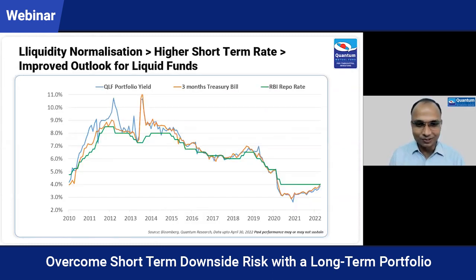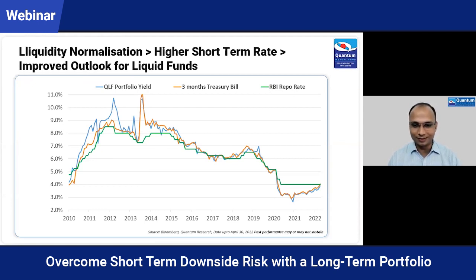So this is a chart which shows that for liquid fund investors in our 12-80-20 allocation, the investment in the liquid fund, as RBI starts hiking rates, you will see this line, the return on liquid fund or the portfolio yield of liquid fund moving higher. And you can see in the past how it has been very close to the repo rate or the 3-month treasury bill rates. So it's better to remain invested if you are a conservative investor, and if you have a shorter holding period, or you are parking your emergency corpus.